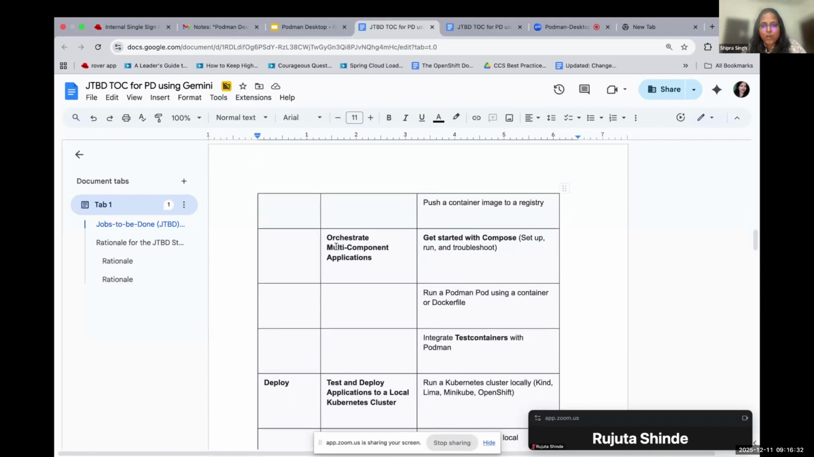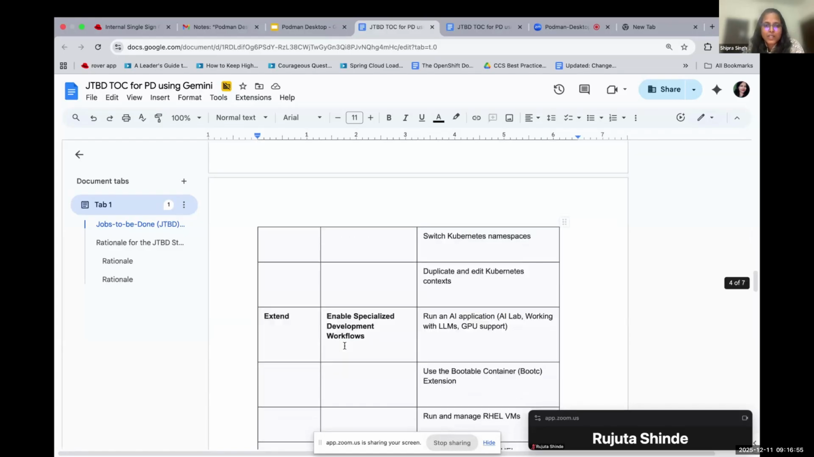And all things related to multi-component applications. It provided another job category over here and included all the related use cases at the use case level, so in the third column. So stuff related to Compose and Testcontainers, it made those sections part of this particular job category. Similarly, we do have